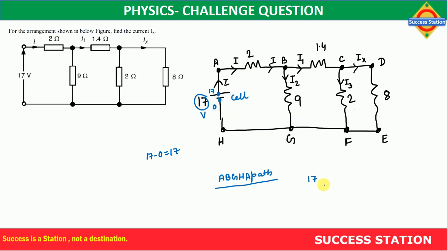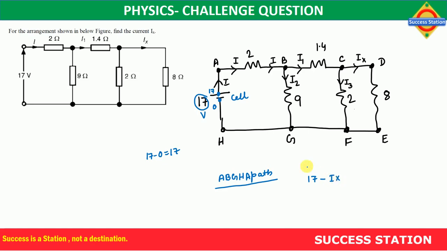So what? 17. Because energy is expended over here, I will take a minus sign. My current is in this path, I will take a minus sign because some energy is expended over here. Higher to lower, so the potential will decrease. So what is happening? V equal to IR, you know. So V is the potential or the decrease in energy. So here the minus denotes that something will be reduced from 17. How much will it decrease? Because I current is flowing.